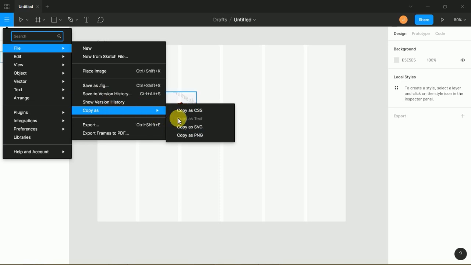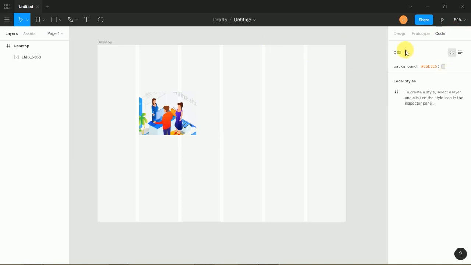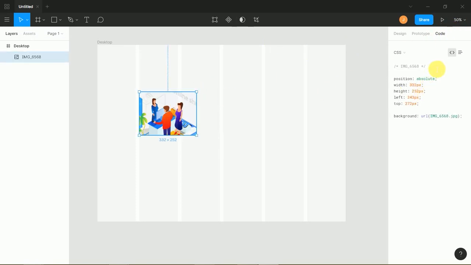Copy as CSS, copy as SVG, copy as PNG. That means from your design you can copy the CSS and give it to the developers. Even that can be done from here, the code which you can see on the right side. If I select my image and look in CSS, you see its position, width, height, left, top. This CSS is useful to web front-end designers. The background image like that. You can see iOS and Android code also,